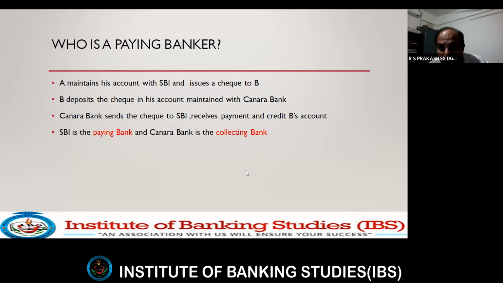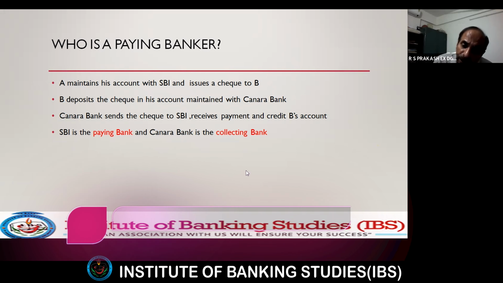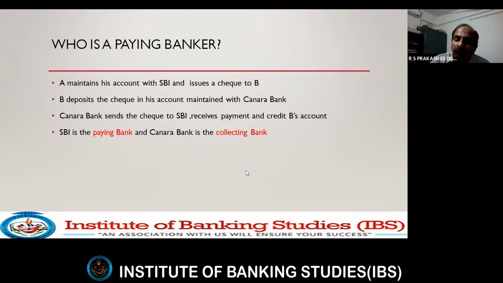What is meant by endorsement? Endorsement is nothing but authorizing in writing another person to collect the value. Like if I say, please pay to Suresh, that is my order. That is called endorsement. Where does endorsement take place? Endorsement takes place on the overleaf, on the back of the check.